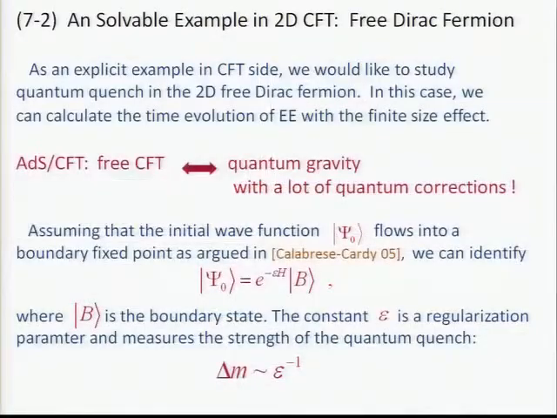And so at the same time, it is interesting to look at explicit calculations from the viewpoint of conformal field theory. Forget about holography for now, just consider some explicit calculations. Here I would like to show one example where we can do the computation analytically, and even compactify one spatial direction. This example is the 2D free Dirac fermion.